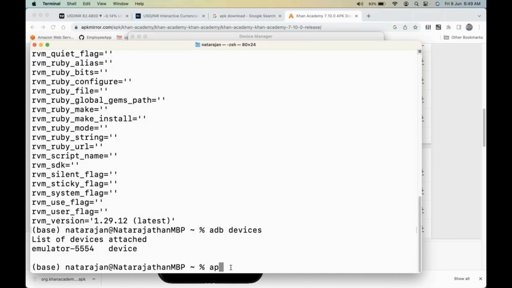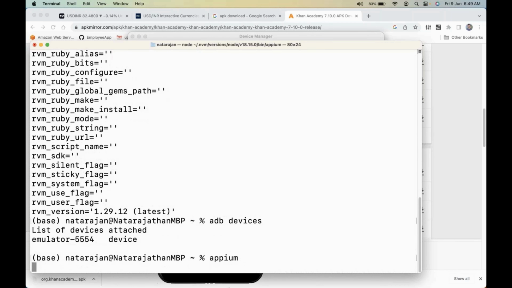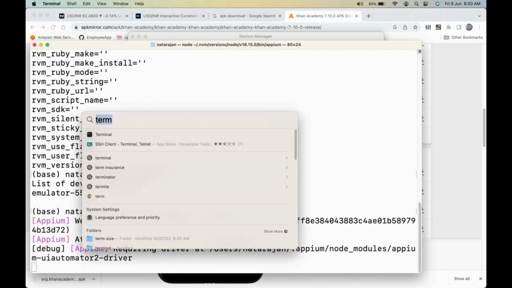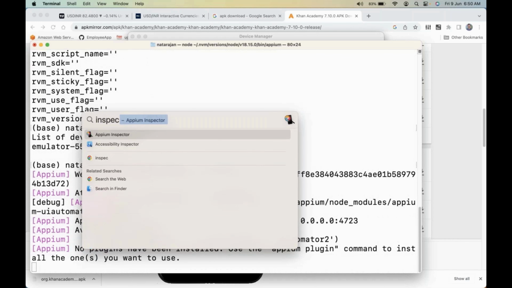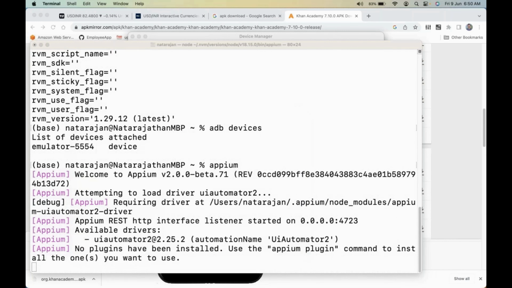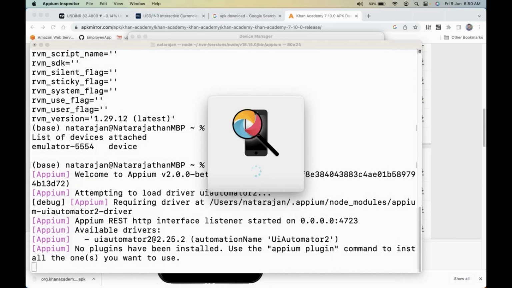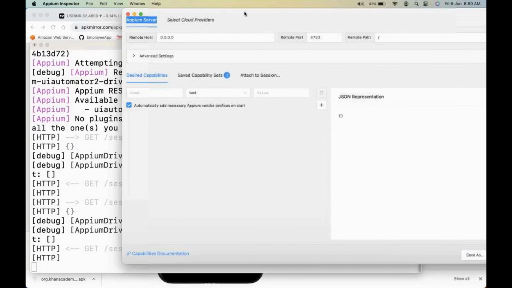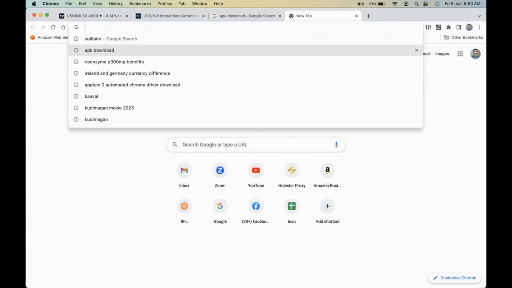Then you can just simply put in the command appium to start the Appium server, to make sure the device is connected, and launch the Appium server. And then you can go with Appium Inspector, where you can pass on some of the basic capabilities. So when I say basic capabilities, you can just get into